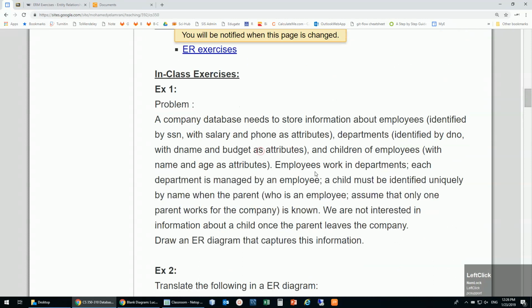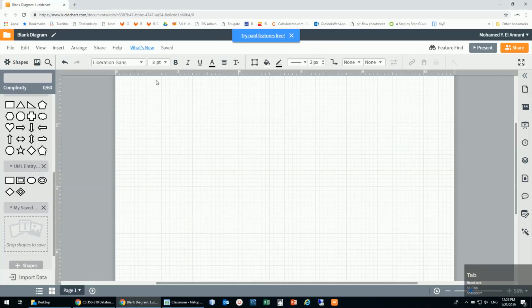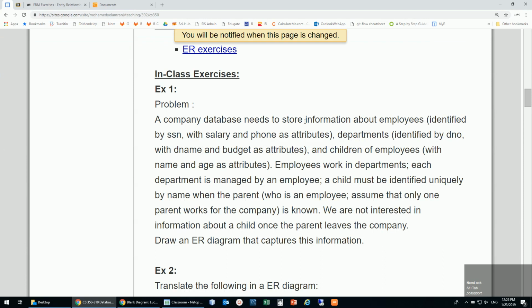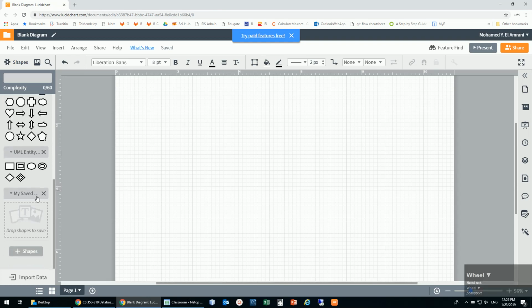All right. Now, I would like to design this entity relationship model about a company that needs to store information about employees identified by SSN. So employee is an entity. Oh, this is an entity. Double click, employee, and